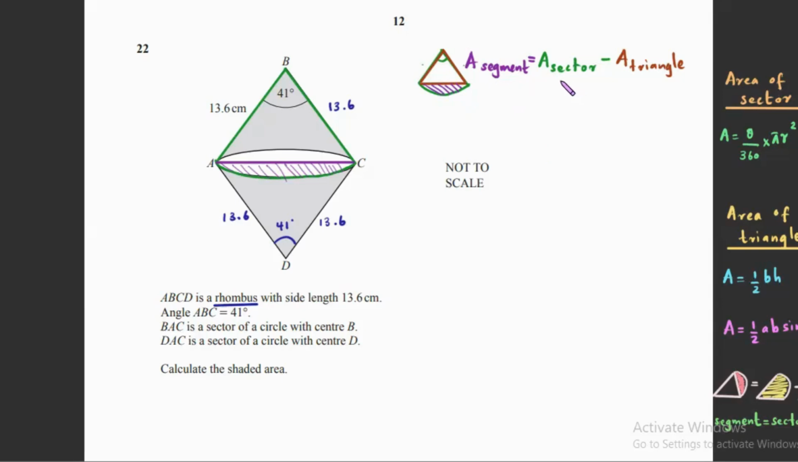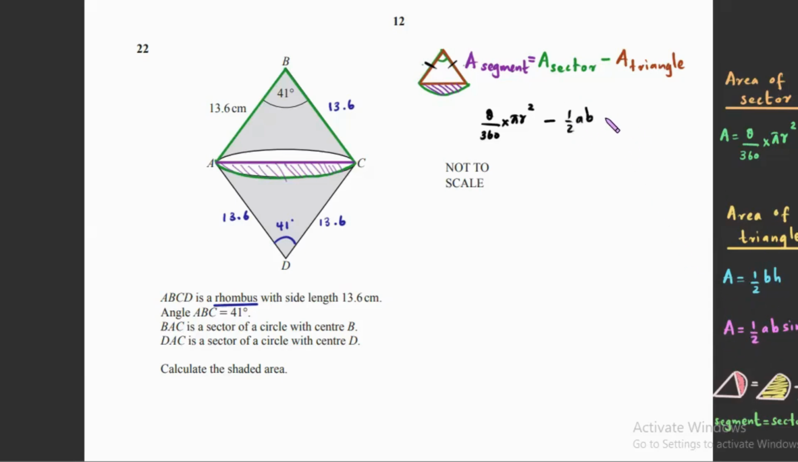So first, I'm going to work out the area of the sector minus the area of the triangle. To find the area of the sector, we need to use the formula theta over 360 times pi r squared. This is the area of the sector. From this, I need to deduct the area of the triangle. But in this case, the height of the triangle here is not given to us. Because this is an isosceles triangle, we may find the perpendicular height. But it's much easier if we use the other formula that we have for the area of the triangle, which is